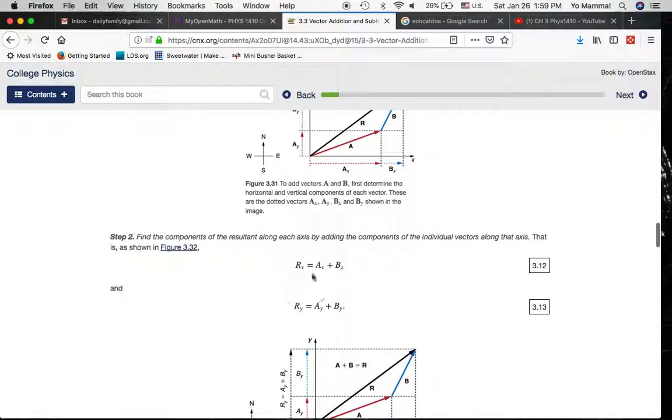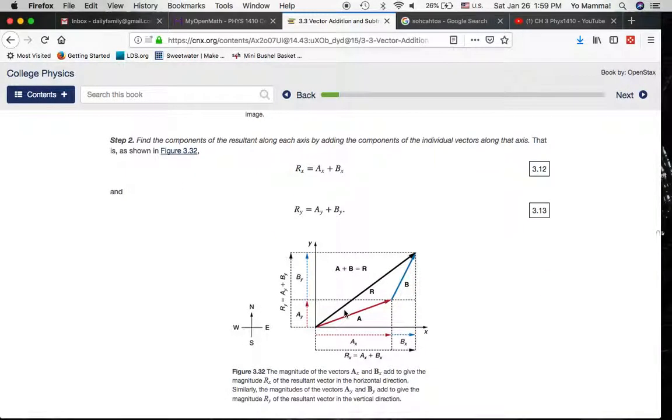In other words, the x component of the resultant vector, R sub x, is equal to the x component of A plus the x component of B. And the y component of the resultant vector, R sub y, is equal to A sub y plus B sub y. So essentially all you need to do is figure out what these components are of each